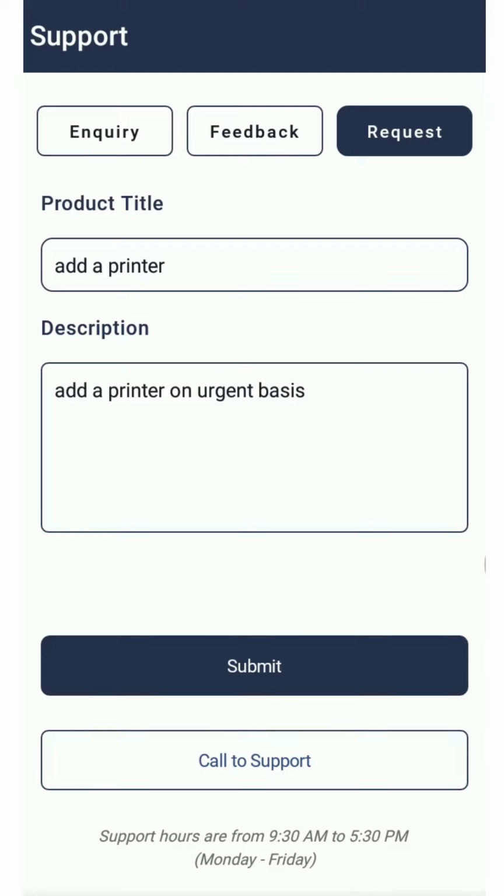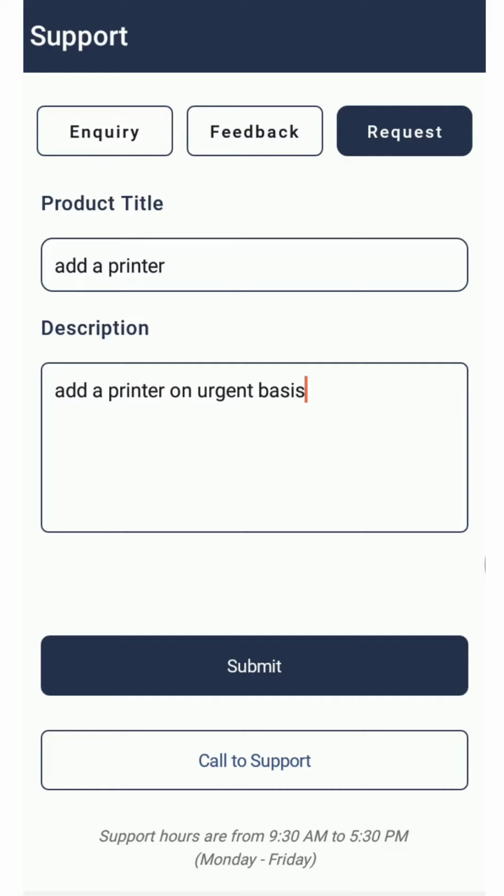Once I click on submit, the request will be submitted to the team, and the Connect Your Need support team will immediately start working on it. And once that need is pushed to the app, you will get an alert saying that your need is available in the Connect Your Need app. Then again you can follow the same process: select your need, fill up the form, and generate the QR code, and from there you can get connected to the people who look for the same product or service.